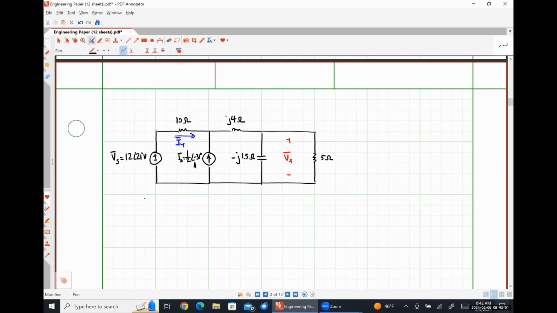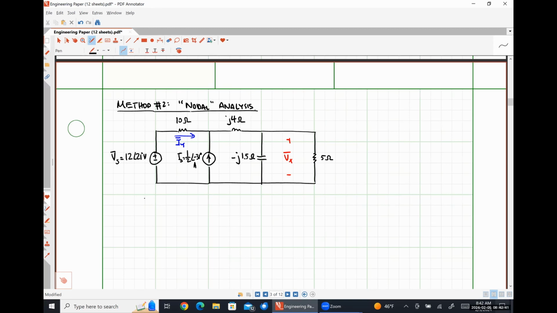I'm going to call this method 2. Nodal analysis. Okay. And I put nodal in quotation marks there because this isn't really nodal analysis at all. It's just Kirchhoff's current law. I'm just making a point to choose a ground to make my life easier,